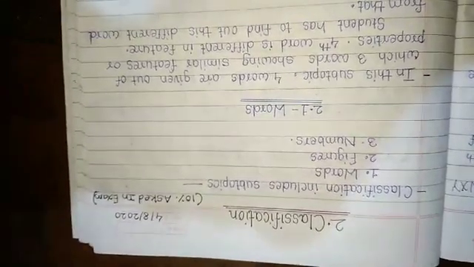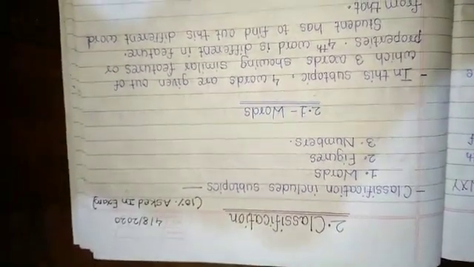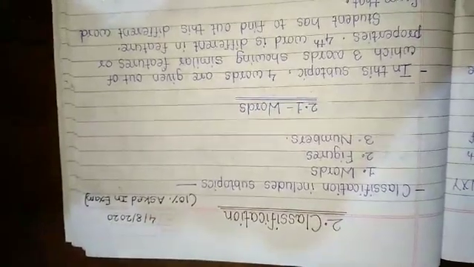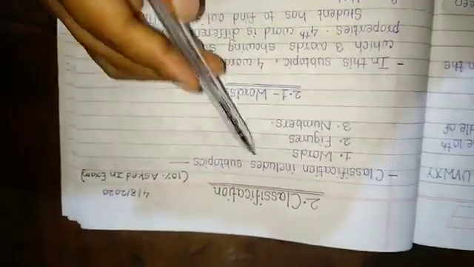The word classification means we have to classify or group together the given information. In our surroundings we see different things which show similar properties, having a common factor between them. So things with the same property, the same common factor, we have to get together and find the odd man out from that. So we have to group similar property elements and find out the odd element from that. In this section, classification, there are three subtopics included.